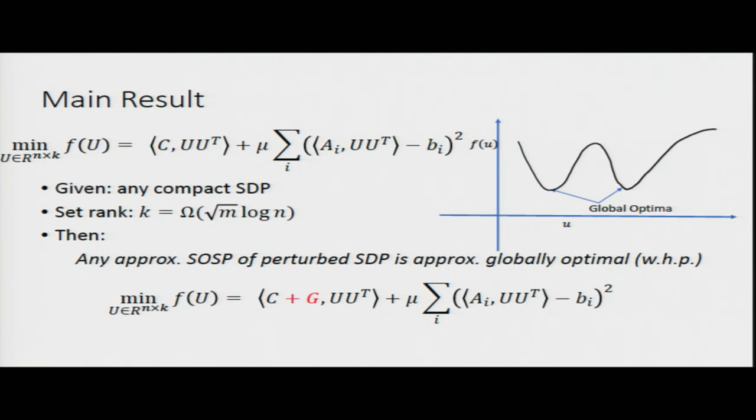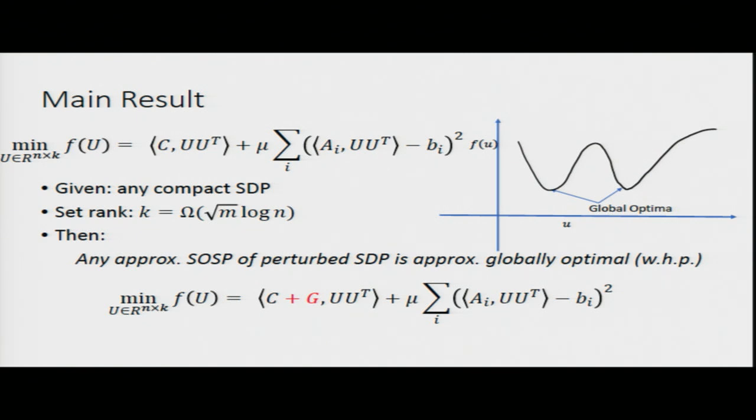And let's say we set the rank of this matrix U to be root m times log n. So we are setting the rank to be a log n factor larger than what we really need to. In that case, what we show is that every approximate second order stationary point of this perturbed SDP will correspond to a global optima of this original problem. That is, we might find multiple SOSPs here in this problem, but all of them will be close to a